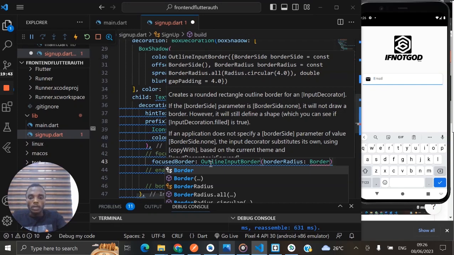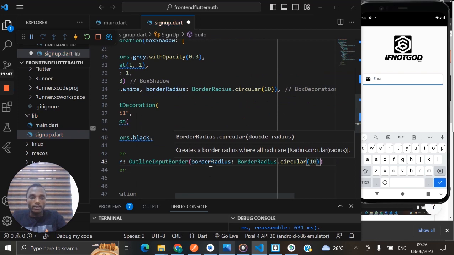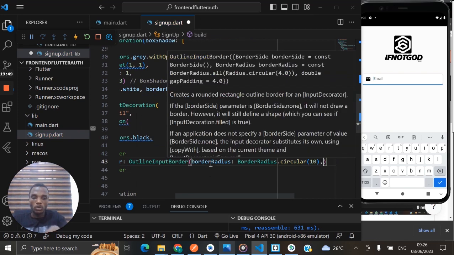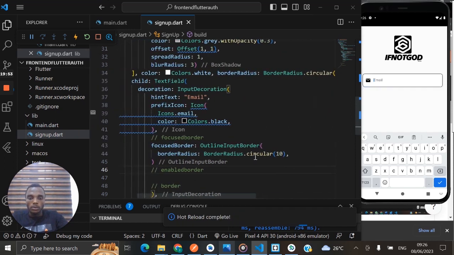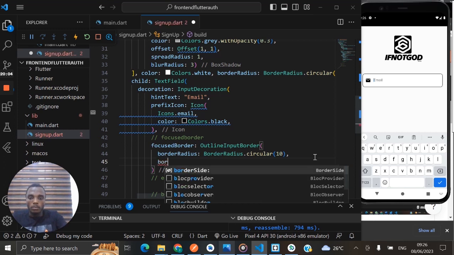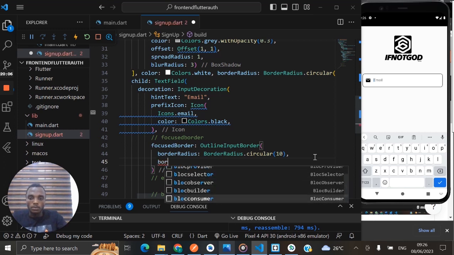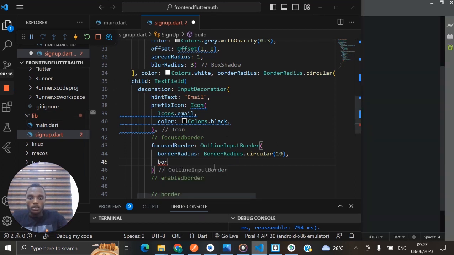Border radius dot circular. Let's also use 10 so that it aligns with the container. Then border radius is 10, and then just a moment. Border